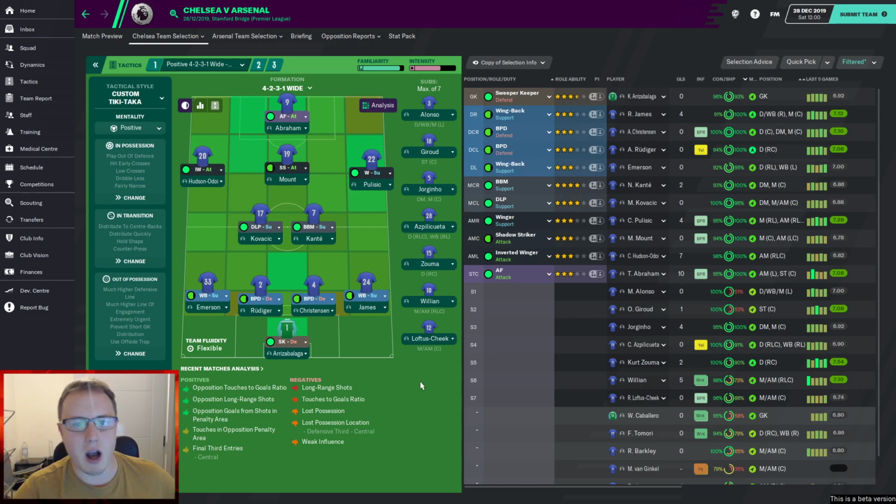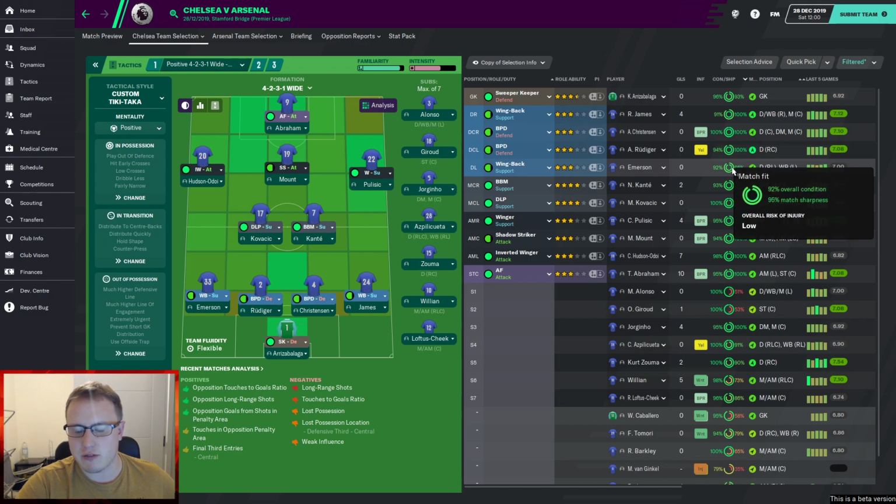So here we are then, the Arsenal game. This is how we're going to line up. Kepa's back, so he's in goal. James is going to be starting at right back. Christensen, Rudiger, and Emerson is going to be at left back. They're all kind of all right, to be honest with you. I don't know whether to start Alonso, just because Emerson is not fully match fit, but we'll see how it goes. It keeps trying to put